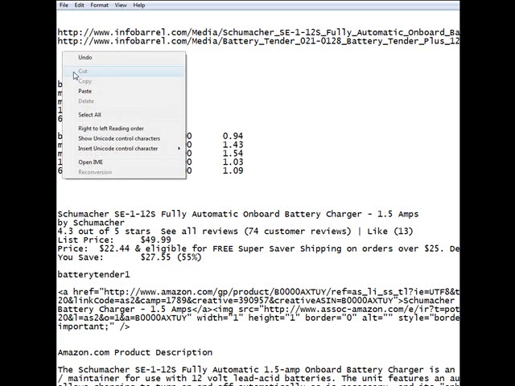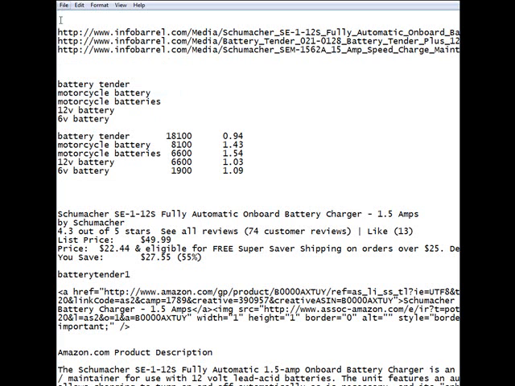Now I have to make these up as hyperlinks, so I have to put a little bit of code at the front of each one, which is angle bracket small a HREF equals quotation mark, and I simply copy that, paste it in front of the other two,